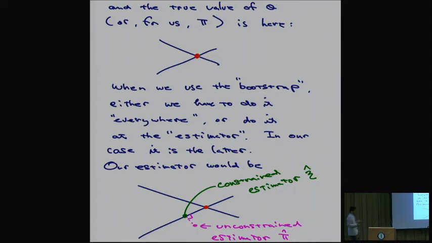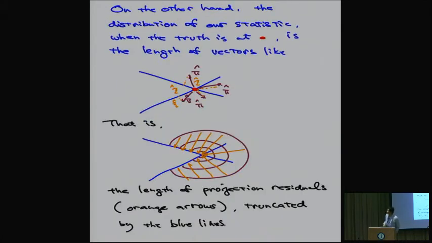But then, of course, we know that when you do a bootstrap, you have to impose the constraints, which is this red zone, yellow zone. So we're going to just project the purple dot on the yellow zone. And so the constraint estimator would be eta hat. And then the textbook would tell you that, well, you should bootstrap out of this eta point. Right? So that's what's going to happen.